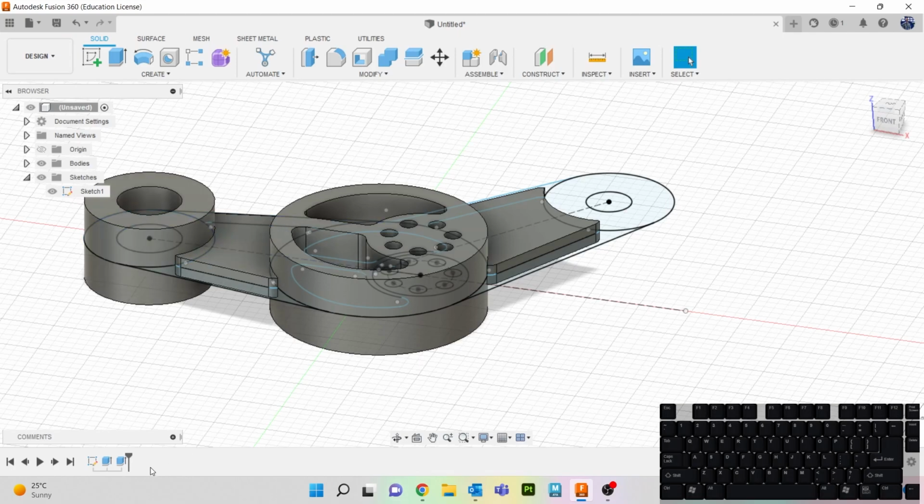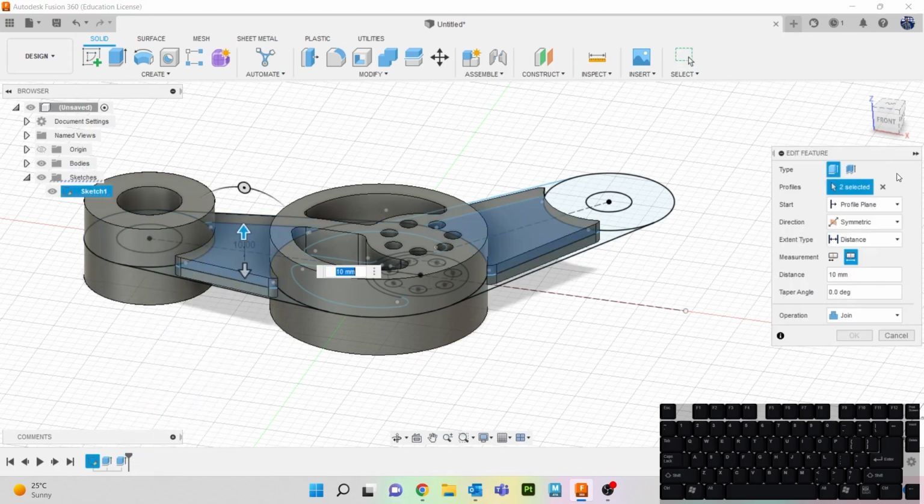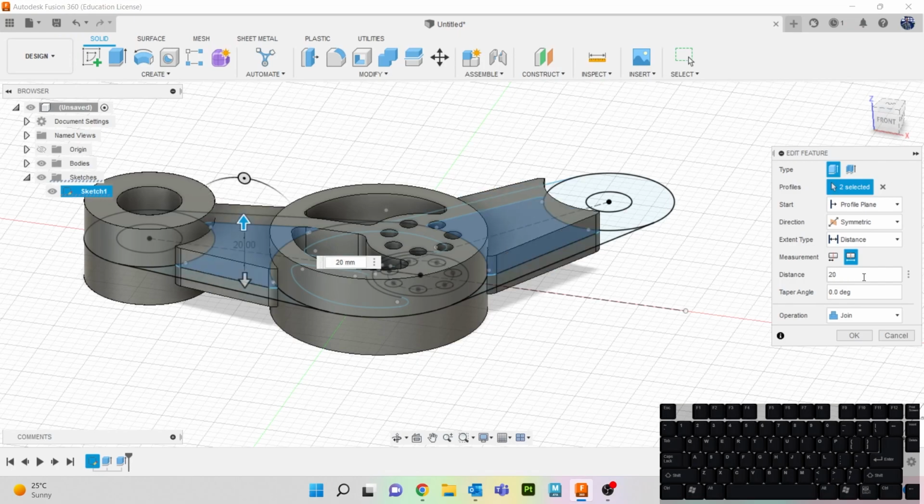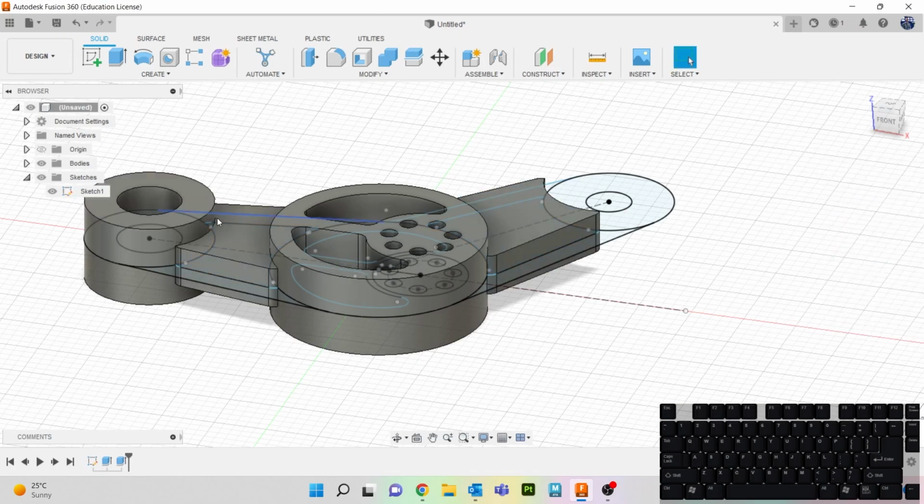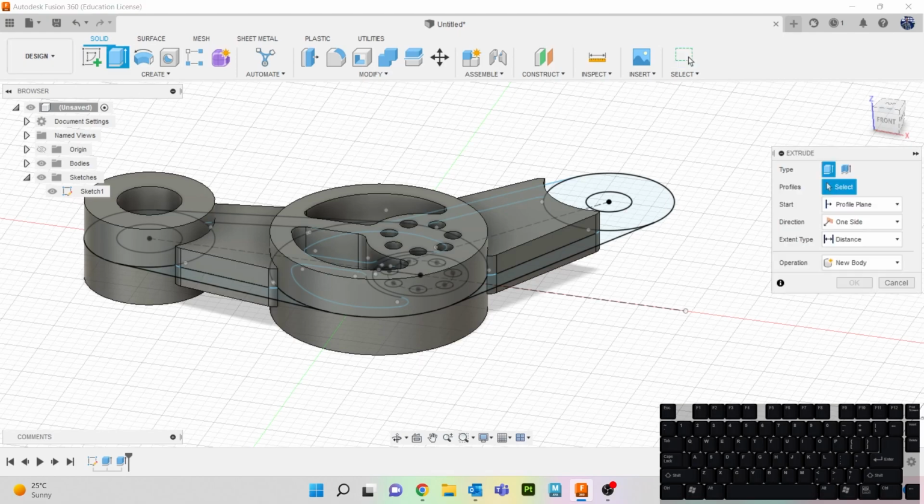Sorry, no, it's 22. So I'm going to right click, edit feature. That should be 20. Okay, so 20. And then hit E again. Let's grab